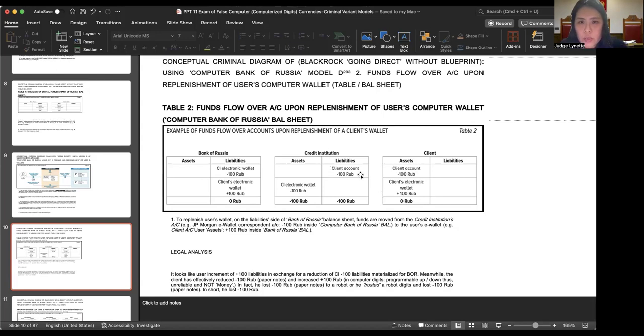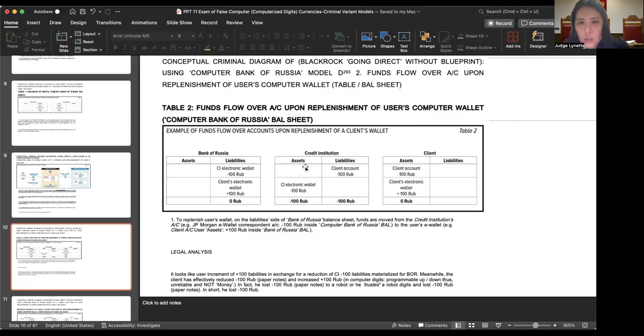So likewise for the JP Morgan credit institution, he no longer owed this paper note. He no longer has to care about this paper note. It's no longer a liability. It has been cancelled. It's not automatic. It is just cancelled. And at the same time, the Bank of Russia has also relieved JP Morgan of this, it doesn't exist anymore under this credit institution, right? The liabilities of this client account have been cancelled. It's no longer a liability for JP Morgan. He no longer has to fork out 100 cash back to the client.